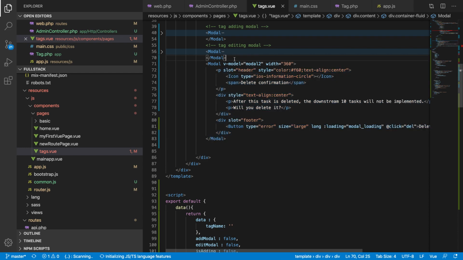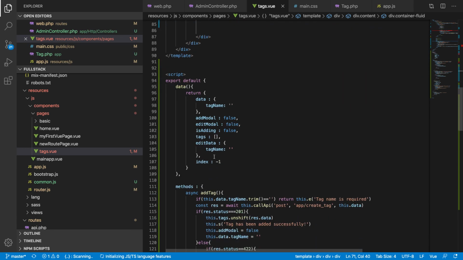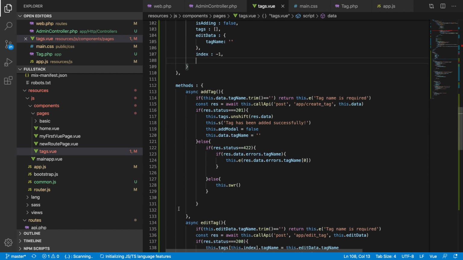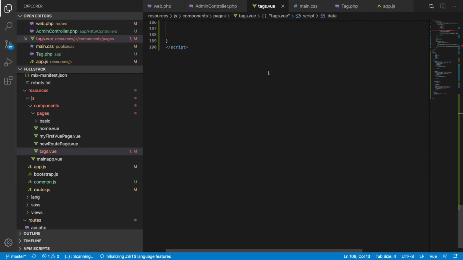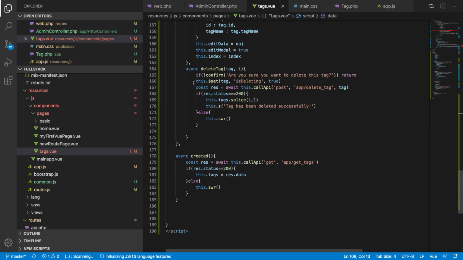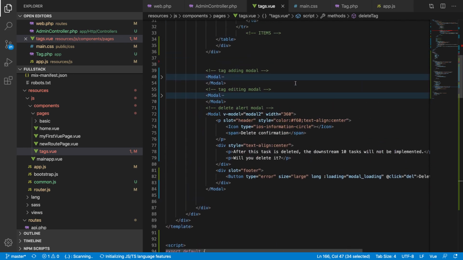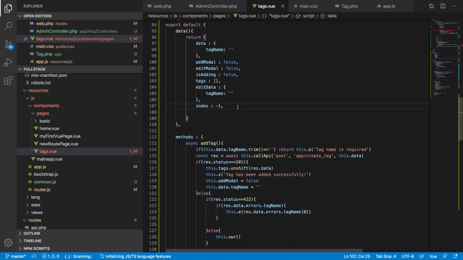So here I can have a comment, delete alert model. When I delete there, this code will not be in use anymore, but yet I have shown you how you can do the delete in place. So what I will be doing with that is, instead of, okay, I can say